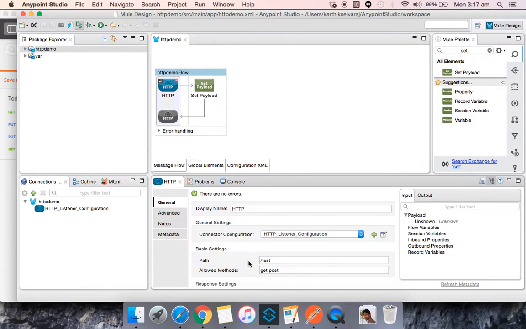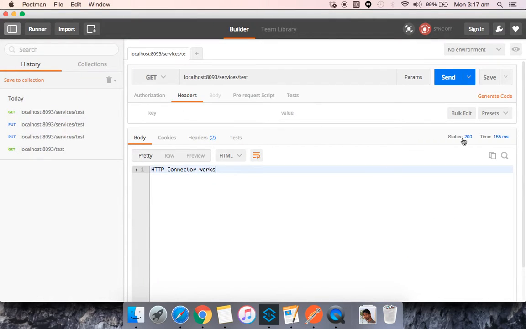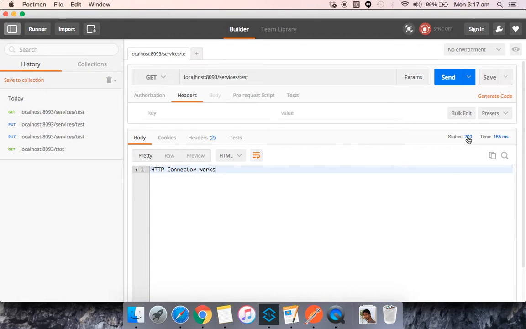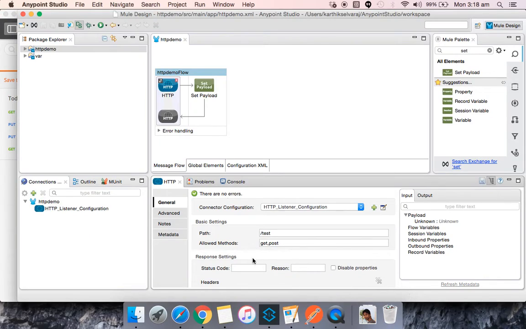Now let's see the next property, the response settings. You could see that we have a response of 200 which is set automatically. We haven't coded anything for this, but if the return code needed by the user is some other number, it can be defined over here. So now let us have it as 999, and you can have a reason as well, like test work.